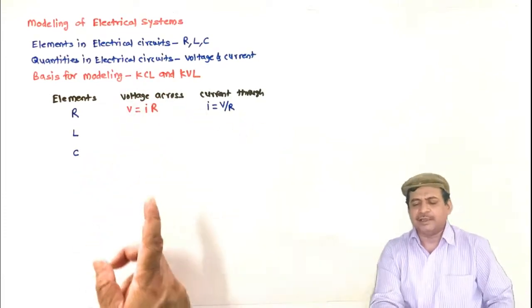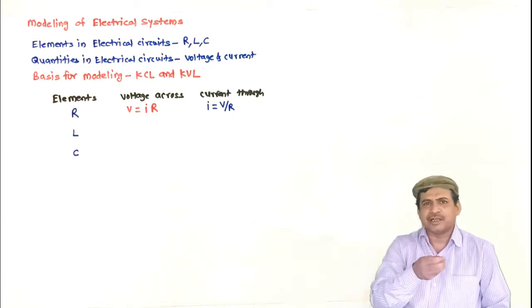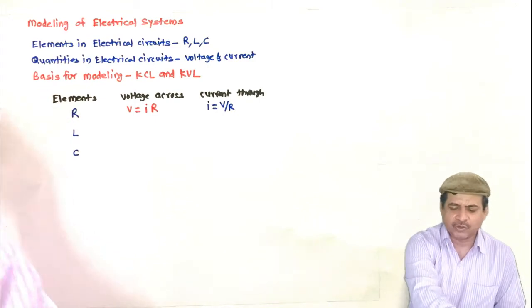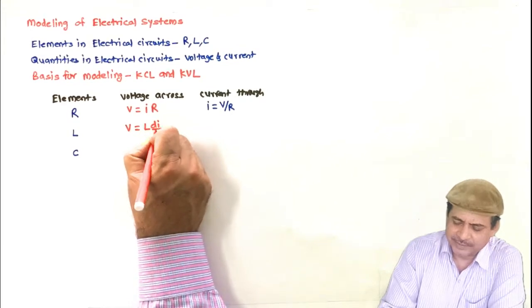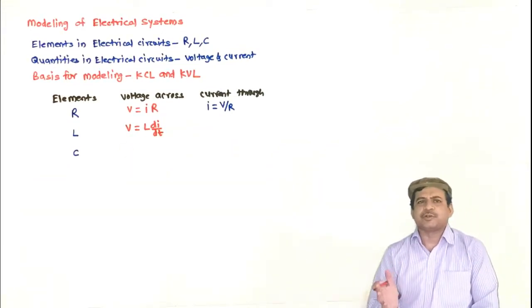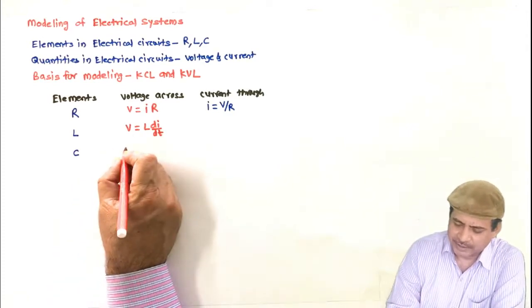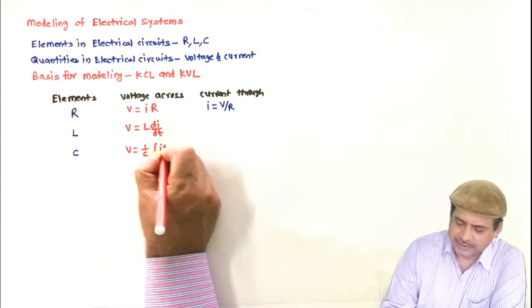These are required. Why? Because when we apply KVL, we need to say that in a loop the algebraic sum of all voltages is equal to 0. So if there are resistive, inductive, capacitive elements in the circuit, we need to find the voltage across them, and that is why we are just summarizing this concept. So for the inductor L, the V is given by L di by dt. So voltage is directly proportional to the rate of change of current, and the constant of proportionality is called inductance. And for a capacitor, the V is given by 1 by C integration I dt.